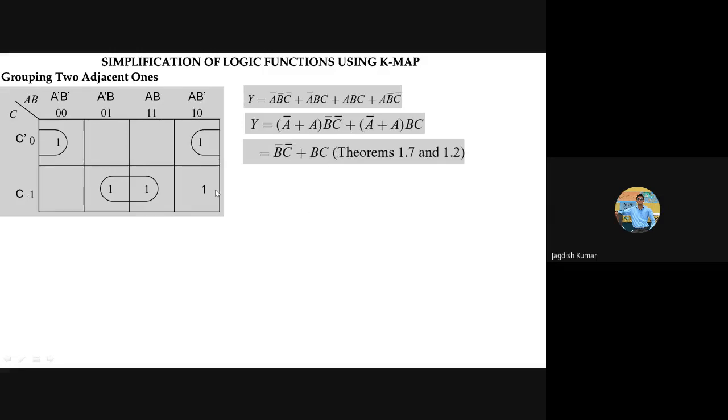Literal means, if I keep this term as such in the expression, then that will require a 3 input AND gate. So in case we can simplify, we will prefer that so that we can get the job done with something like a 2 input AND gate. If there is no option, we have to keep it. So, okay, its pair we can make this way. In that case, this one will be shared with this pair as well as with this pair, no problem. So what will that term be? There will be one additional term. What will that term give us? There will be a pair here.